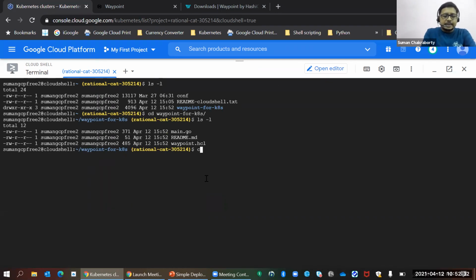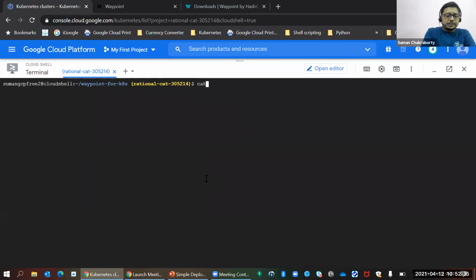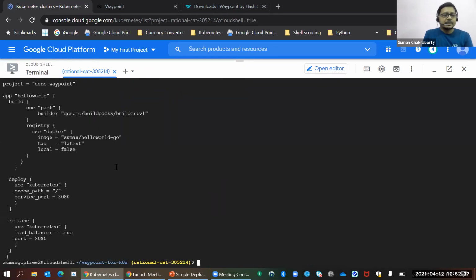What we are interested in is understanding the configuration file, which is the waypoint.hcl. If we see here, I have initialized the application with a project called demo Waypoint, and my application that is going to be deployed here is a simple hello world application. In this case, I'm not using a Dockerfile to build it. Rather, I'm using the Google Cloud Native Buildpacks, which is what pack signifies here. And then I'll be pushing the artifact into the registry from where in the deployment our Kubernetes platform would use